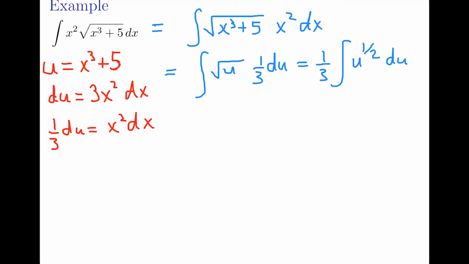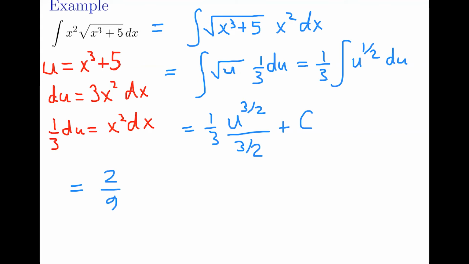So now what's the antiderivative of that? U is our independent variable at this point, so it becomes 1/3 times u to the 3/2, and then we divide by our new exponent of 3/2. Don't forget the plus a constant. Of course, dividing by 3/2 is the same as multiplying by 2/3. So this becomes 2/9 times u to the 3/2